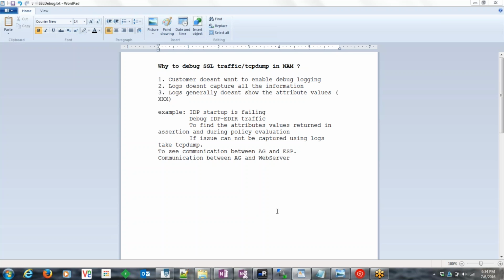There are certain scenarios when logs are not able to capture each and every piece of information, and also in some cases customers are not ready to put debug logging on their system because debug logging fills the disk space very quickly. So there are some cases when you need to take a TCP dump or a Wireshark capture of either the IDP system or AG system, and then you have to decrypt the packet to see the interaction between the